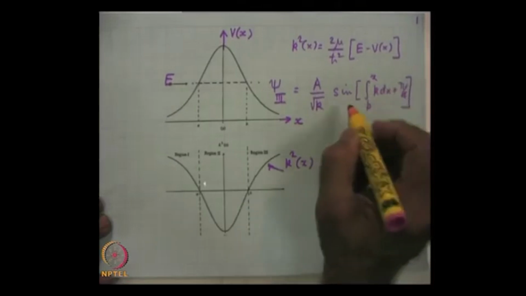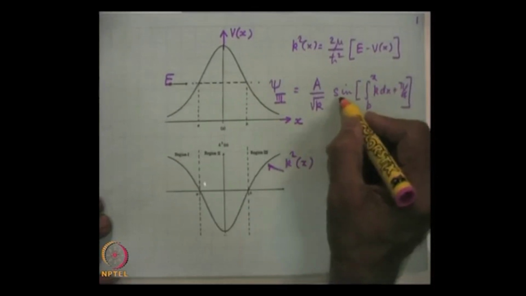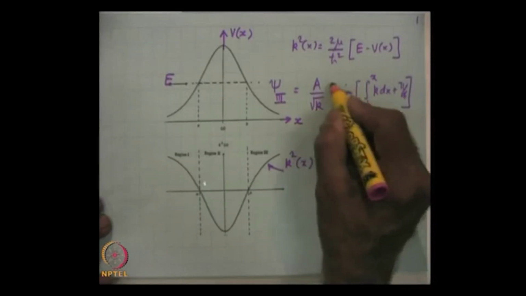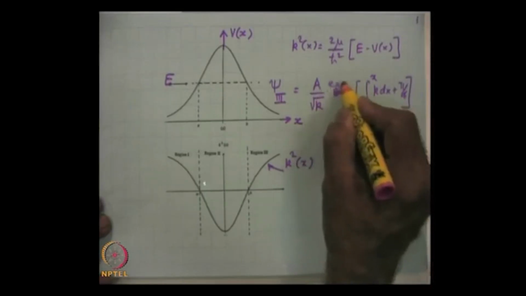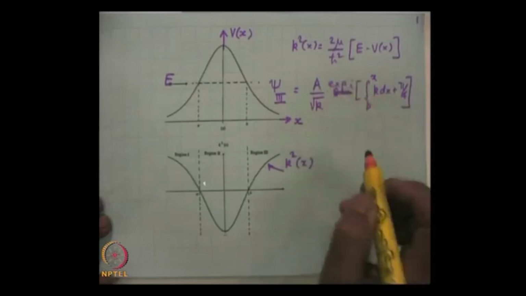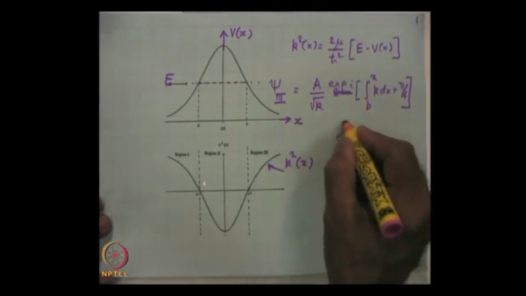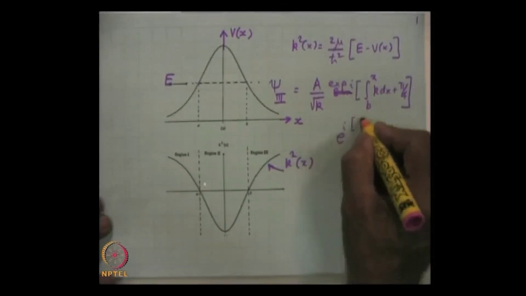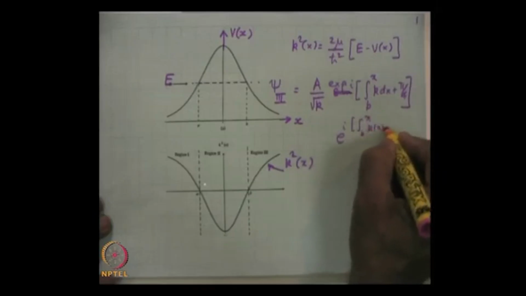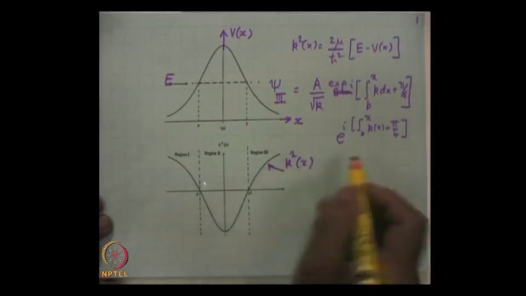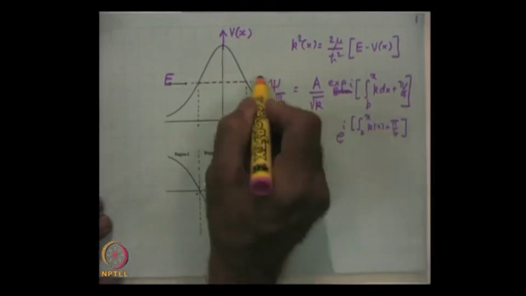Actually, we can write down the solution as sine and cosine. So, instead, we considered an outgoing plane wave, e to the power of i integral b to x k of x dx plus pi by 4, and wrote it as cosine plus i sine, then used each of them to hop